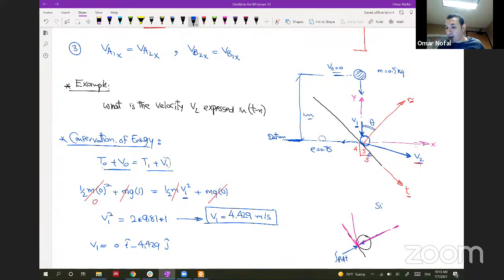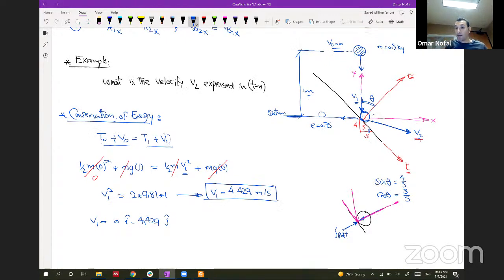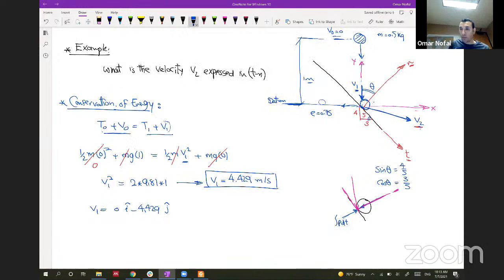And you know that sine theta is the opposite over the hypotenuse, so it will be 4/5, and cosine theta will be 3/5. So you know sine theta and cosine theta. Just make sure that we have a 3, 4, 5 triangle, and this angle should be equal to this angle, and this angle and this angle is 90. So this will be theta. So let's get V1 in tangent normal direction, and assuming that this is the tangent direction,